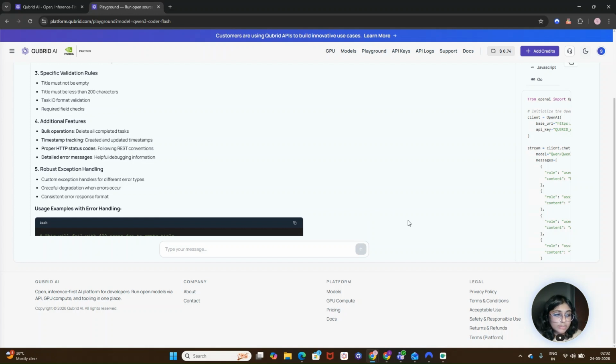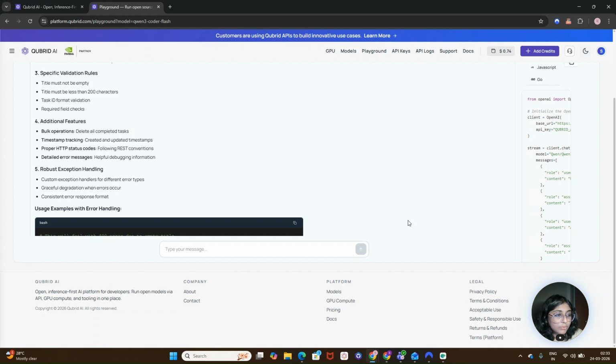So now let's understand what is the difference between Quencoder models. The Quencoder Flash model, which we saw right now, is a fast code generation model and it is quite useful for quick iteration or quick prototyping.